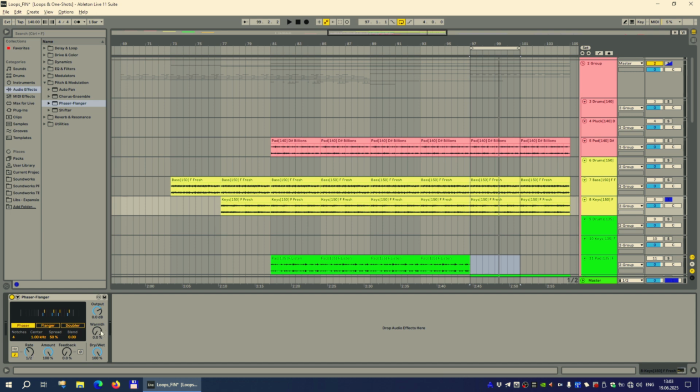Then what I want to do is add some warmth. Now it's completely wet, so maybe we should reduce it and make it like 70% or something. Okay, so now with and without.